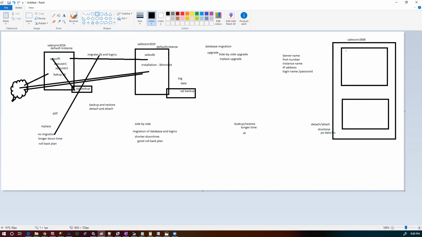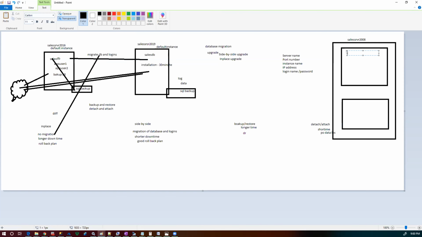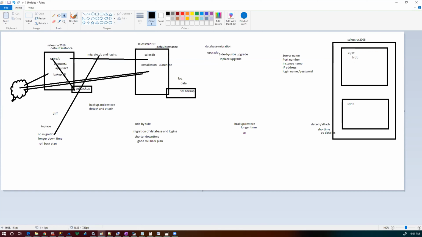So my instance 1 here is called, let me call it HR app, right? That's the instance name, a default instance. Let me call the default instance SQL 12, and I have another, a named instance SQL 13. So it's the same thing. So SQL 12 has databases called HRDB, right? And that HRDB, the SQL 12 itself has logins